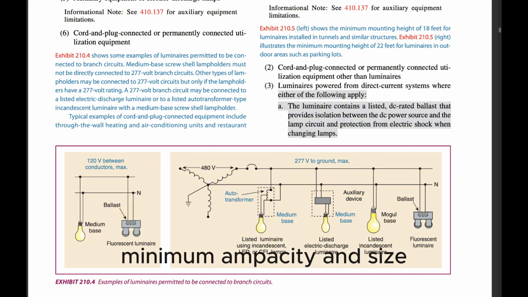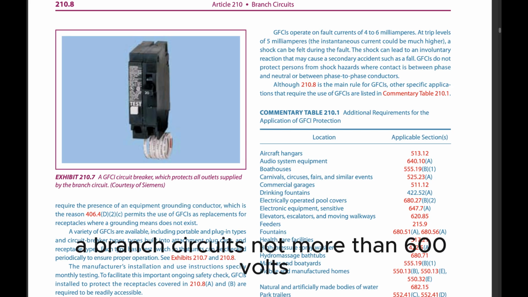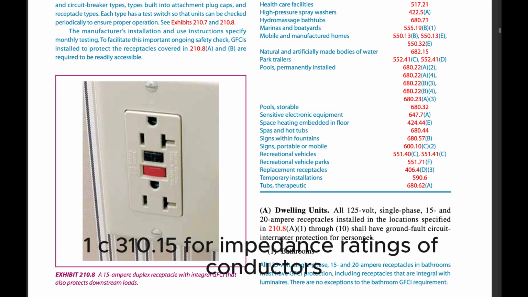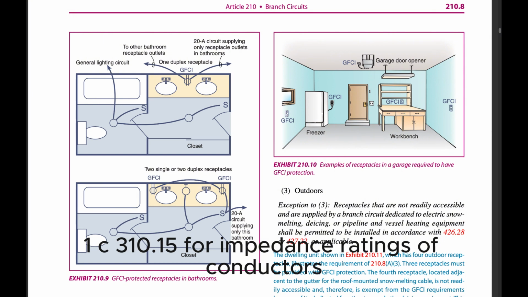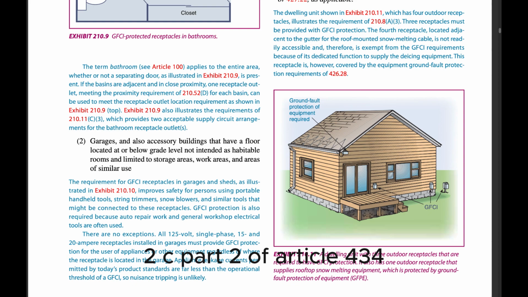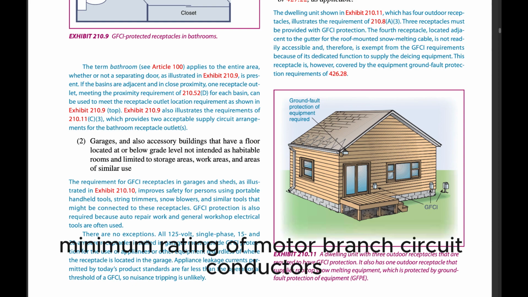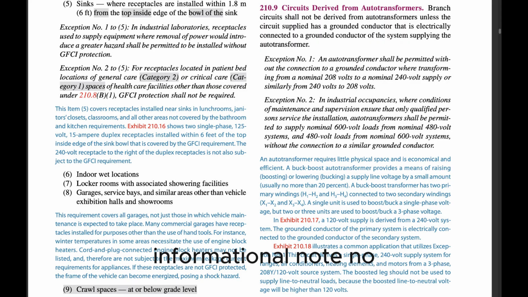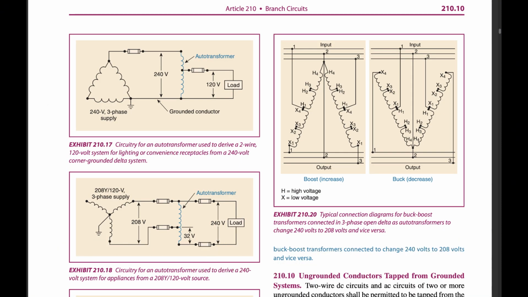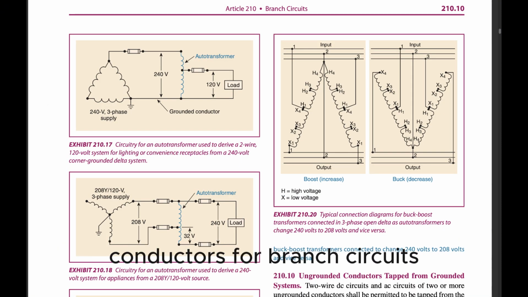210.19 Conductors, minimum ampacity and size. (A) Branch circuits not more than 600 volts. Informational note no. 1. See 310.15 for ampacity ratings of conductors. Informational note no. 2. See Part 2 of Article 430 for minimum rating of motor branch circuit conductors. Informational note no. 3. See 310.15(A)(3) for temperature limitation of conductors. Informational note no. 4. Conductors for branch circuits as defined in Article 100,